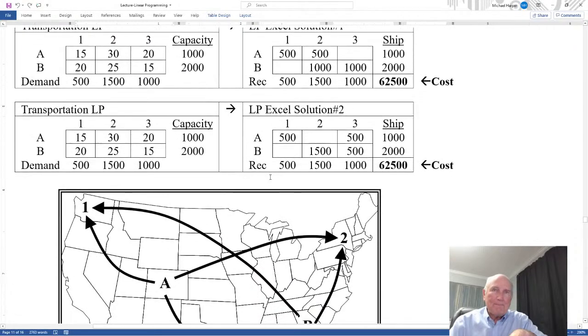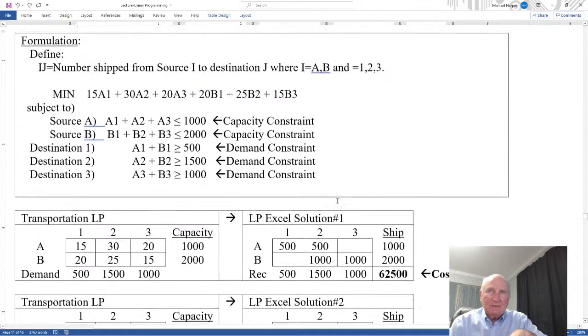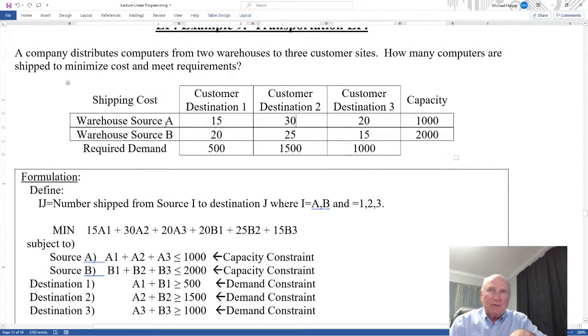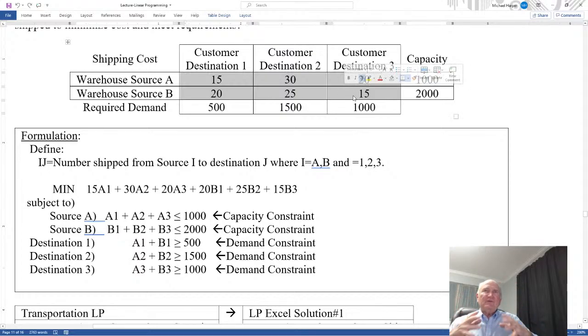But if A ships 100 all the way across the nation to Albany, 2/3 of the nation, from A to 2, it would cost $30 a computer. So these are the unit shipping costs, per unit shipped from a source